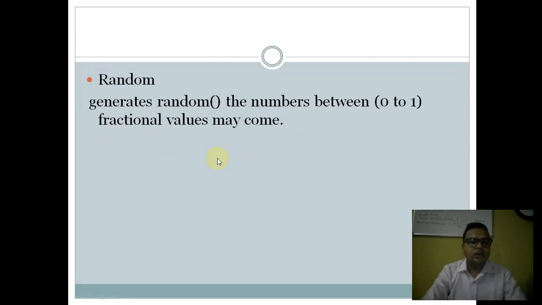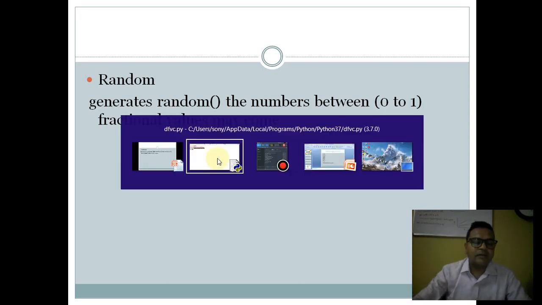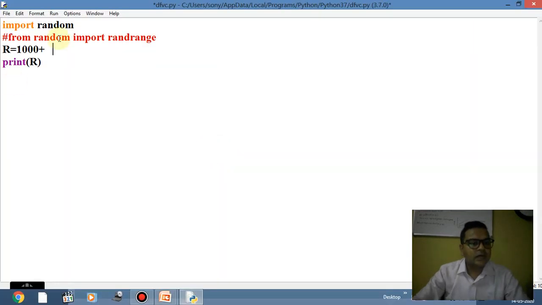Now we have this random number. Now what is the purpose of this random function? This random again itself is a function. Random is a module and random is also a function. And what is the use of this function, we will see practically first. So here, if I am going to use the function random, it will be r equals random dot random. Now we will check what is the answer over there.